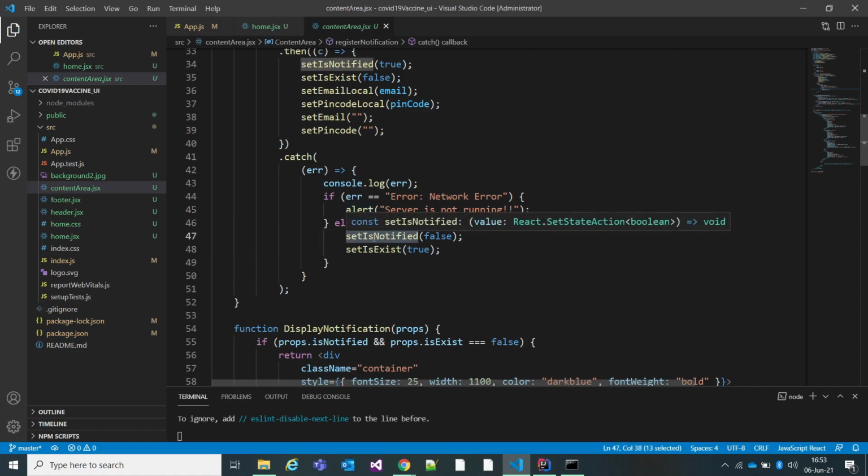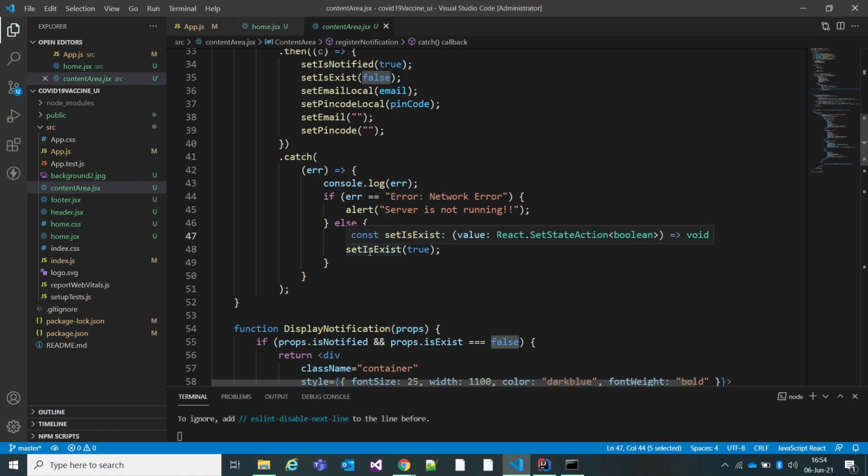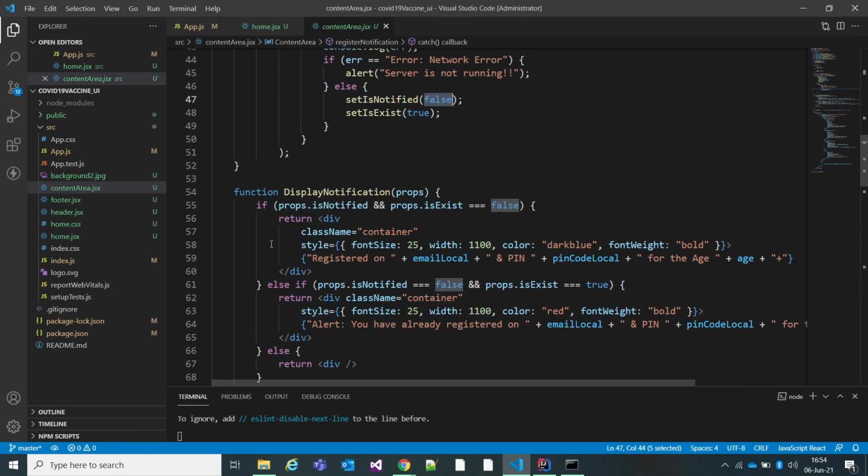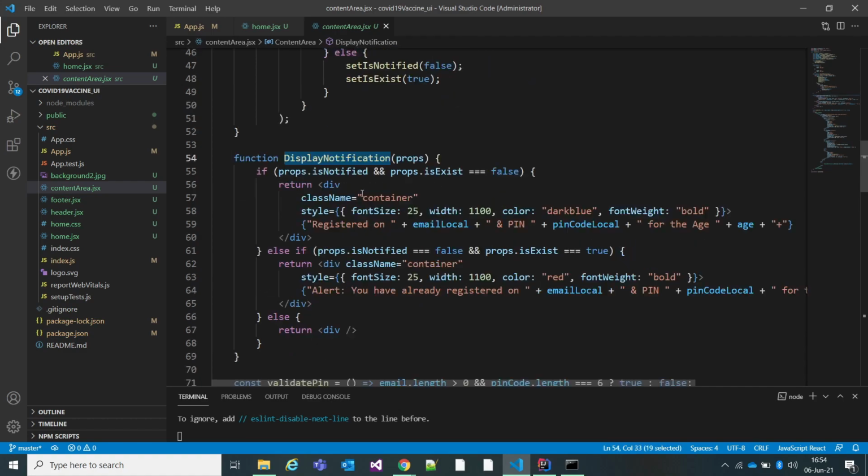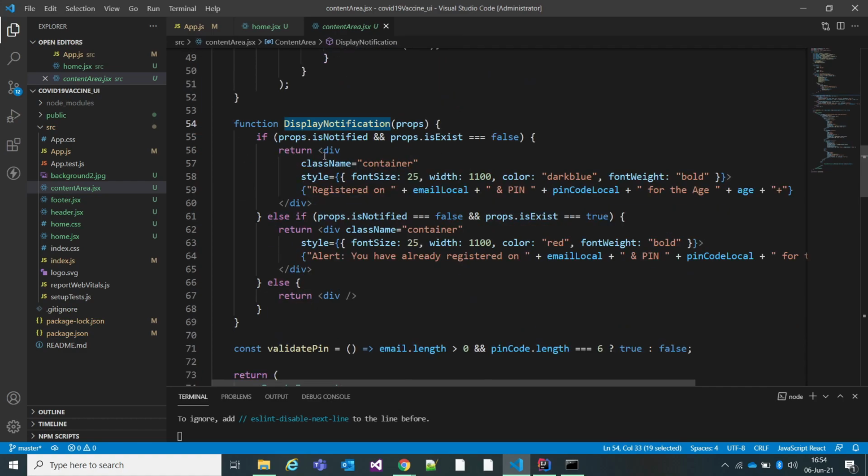Otherwise, I need to set isNotified false because the request did not reach the server. If it is anything other than that, and it is already existing, it will be true, and isNotified will be false. And in the display notification, in the conditional rendering, I'll be returning the particular div based on that. So if isNotified, it means your request has reached the server, and it is not an existing